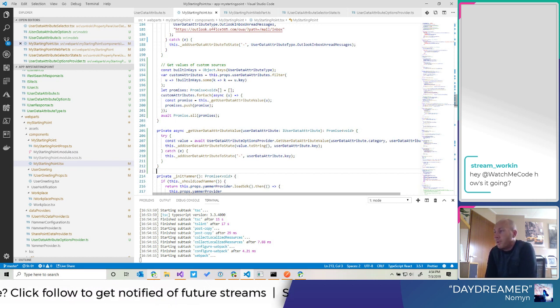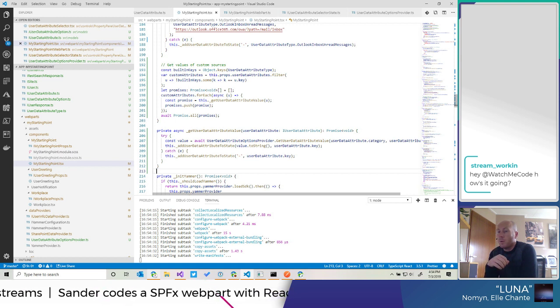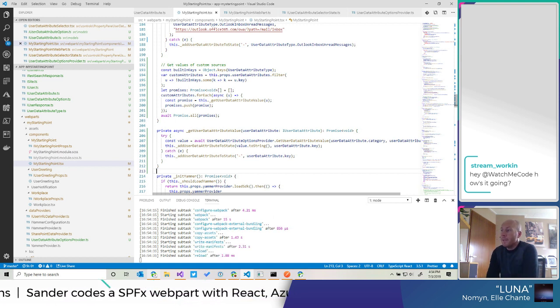So not sure if you joined just a couple of minutes ago, but what we are trying to do here is have a Webpart, a SharePoint Webpart, which is basically a React component calling an API, and we want to have that Webpart be configurable so that you can specify custom sources where the Webpart is getting its data from.